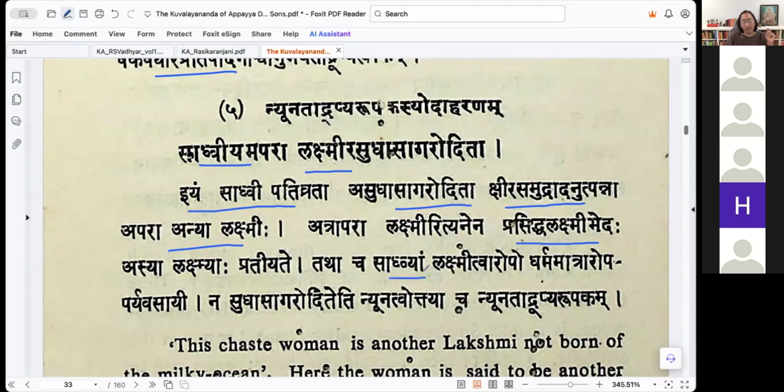तथा च साध्व्यां लक्ष्मीत्व आरोपः धर्ममात्र आरोप पर्यवसायी. Only that Lakshmitvam, which is a dharma that you are trying to superimpose onto this sadhvi pativrata. Lakshmi can be any dharma that you want to think of. It is left to the imagination of the poet. Maybe he saw that she is also wearing a lot of jewels and she is standing,